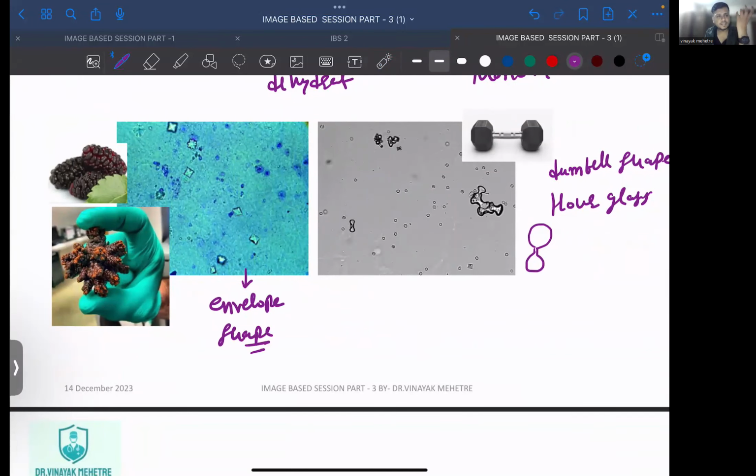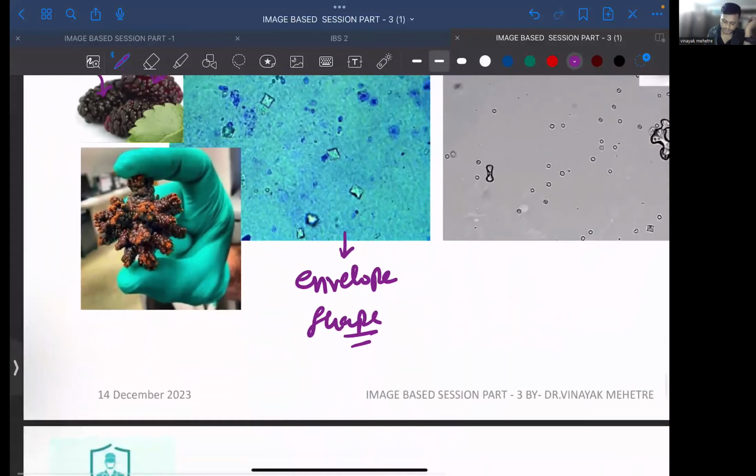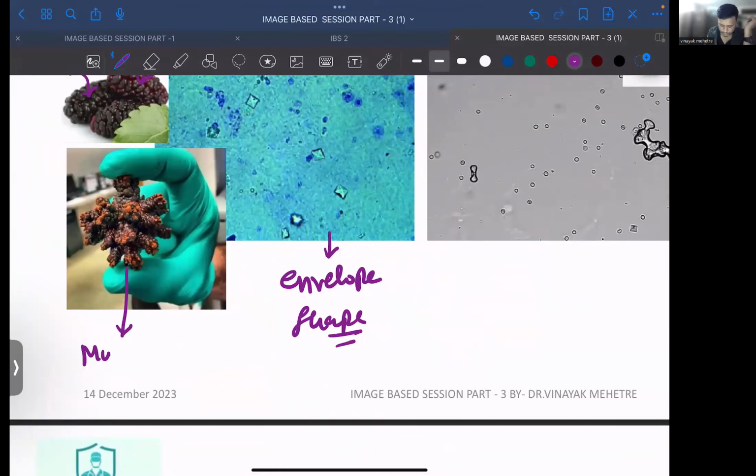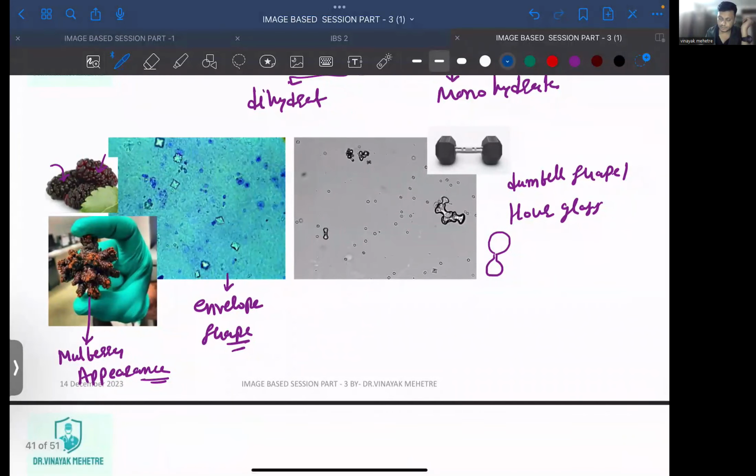Okay, but if you take this out, ये fruit खाया होगा तुमने, right? In foreign, that is called as mulberry appearance. Okay, fruit का नाम क्या है? Mulberry. Okay, now tell me, calcium oxalate stones are radiolucent or radio opaque? Anyone? ये तो आना ही चाहिए सर्जरी से. Okay, stones आने ही चाहिए. रिमेंबर, रेडियो ओपेक। क्या है? रेडियो ओपेक।